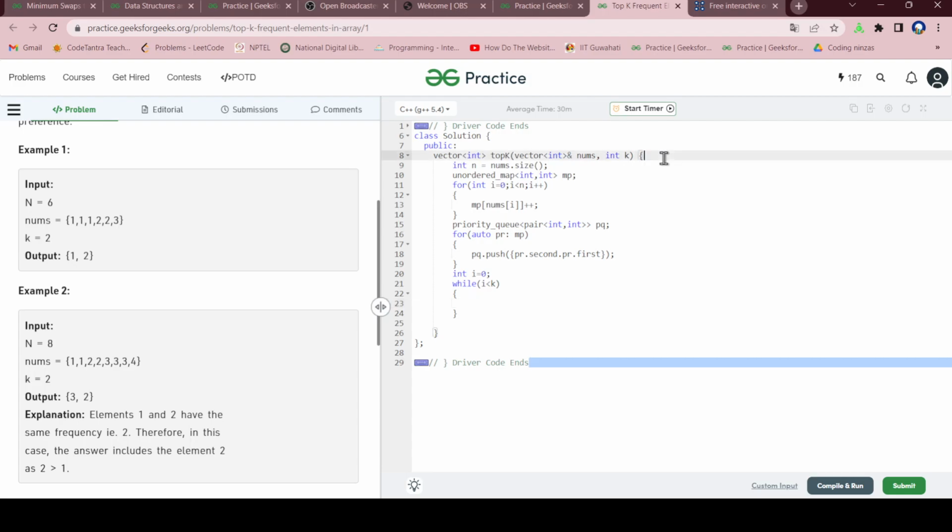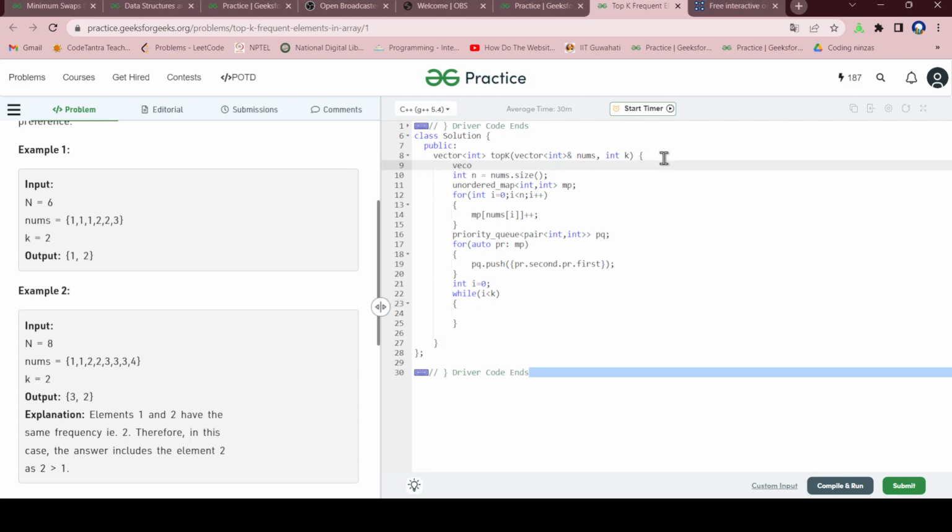So let's create this vector v. Vector data type. Let's name this vector as v. So what we will do, v dot push back. What will we push? We will push the